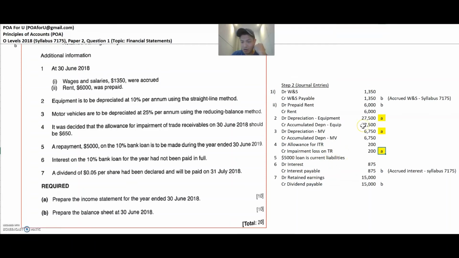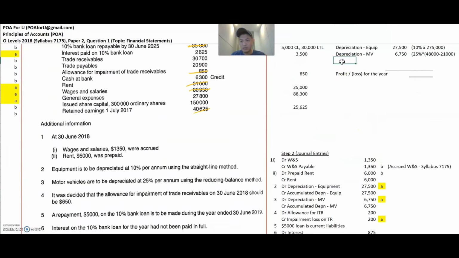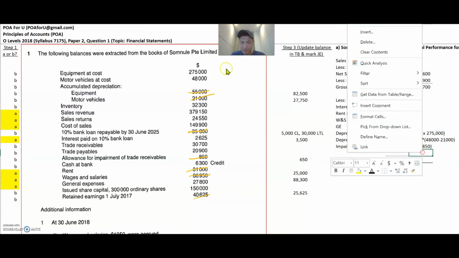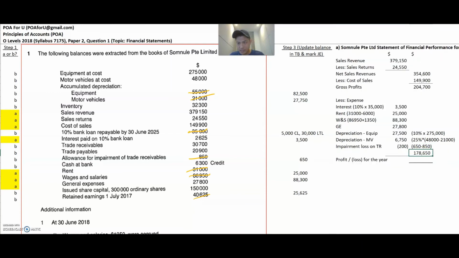So since this is a credit, I'm going to put this as a negative. Okay, so this is a negative, and this is 850. Then I would have all the expenses here, and my total expenses, net expenses, is